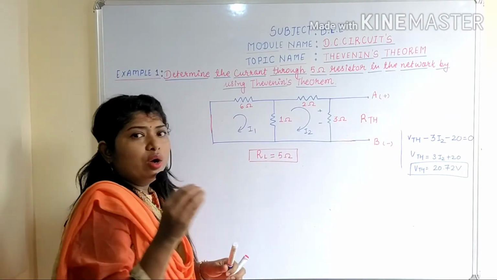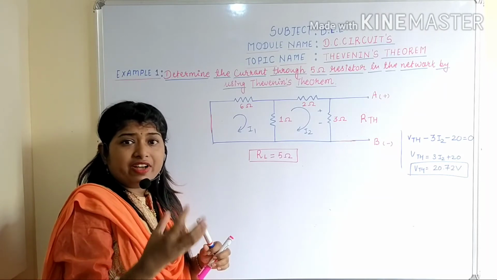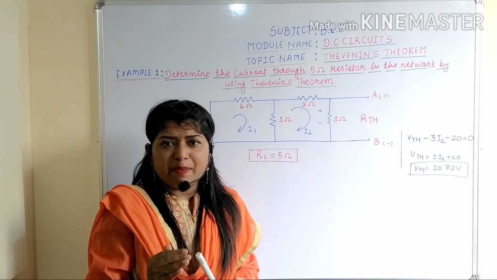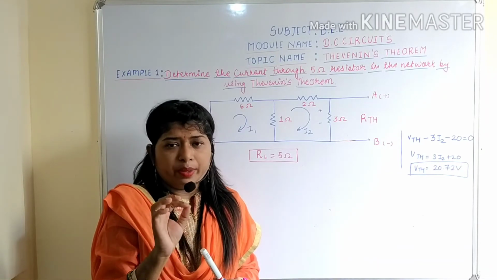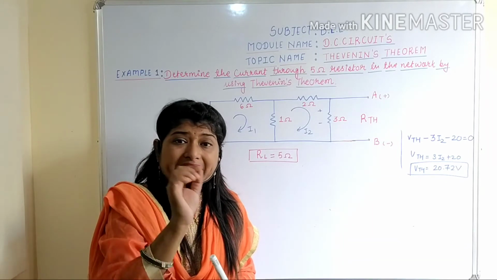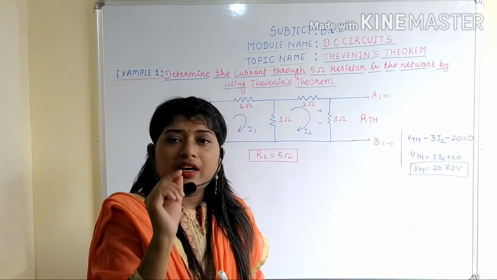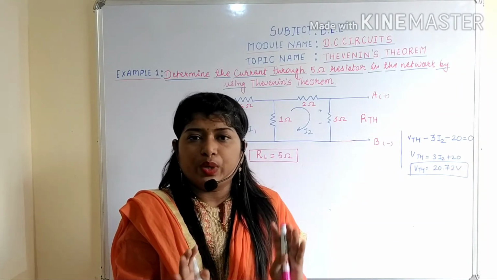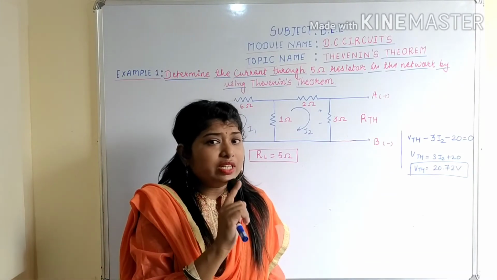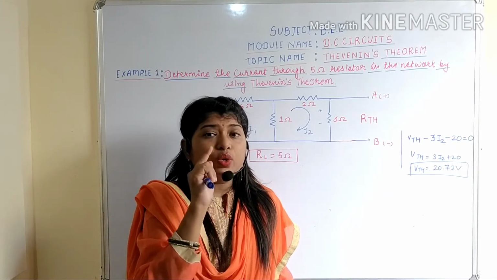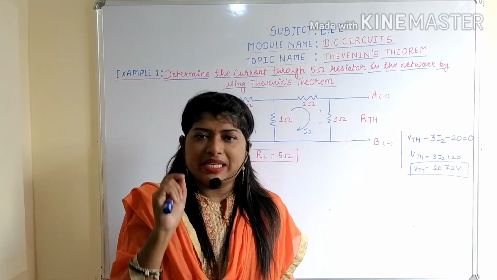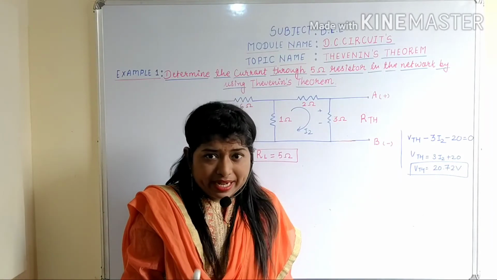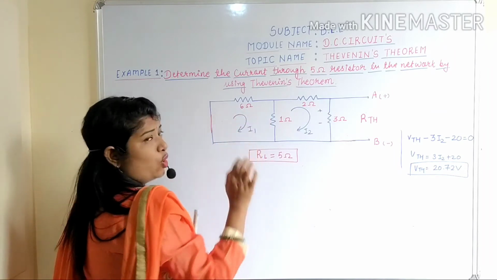As I told you, do you remember how to identify the series and the parallel circuit? Already we had covered all the points related to series and parallel circuit. The most important point is what? If the current gets divided, it means that it is the parallel combination between two resistors. Am I right? In case of the series circuit, current flowing through each and every resistance should be the same. In case of parallel circuit, current gets divided. Am I right? So let's start with the 6 ohm resistor.